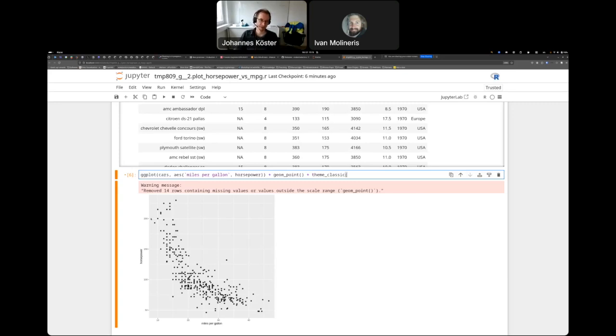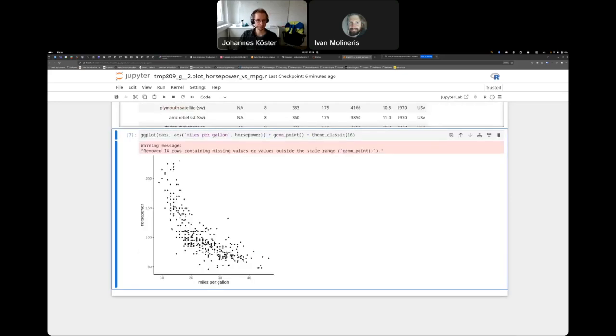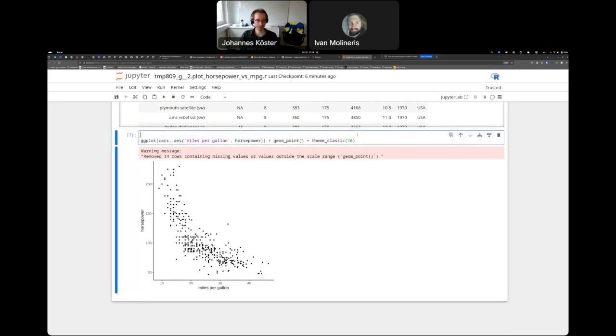And then the font size is also quite small by default in ggplot, so we can increase this a bit to get a better ratio between the size of the plot and the font. So like this, of course. And now we don't want to just have this plot here, but we want to save this as an SVG